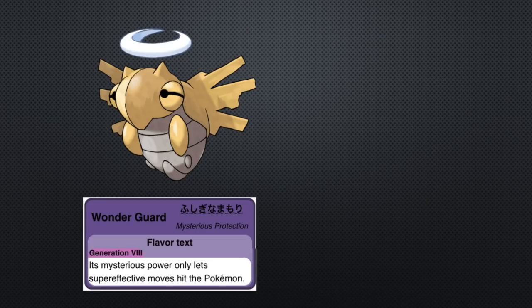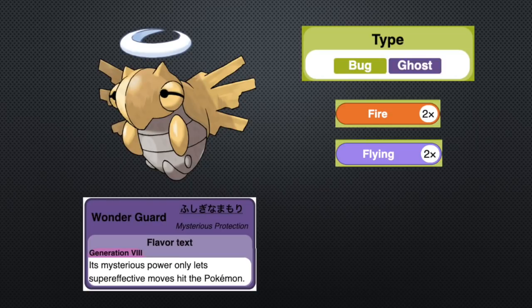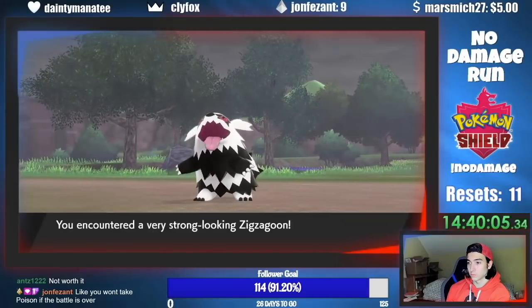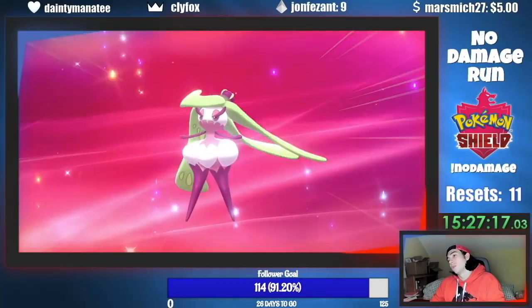With this ability, it can only take damage from super effective attacks. As a bug and ghost type Pokemon, that means it can only be hit by fire, flying, rock, ghost, and dark type attacks. I can take advantage of this if I know opposing Pokemon don't have any moves with those typings. After training against Zigzagoon in the wild area, I was able to evolve my Serena and make my way